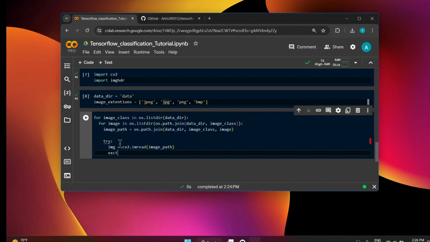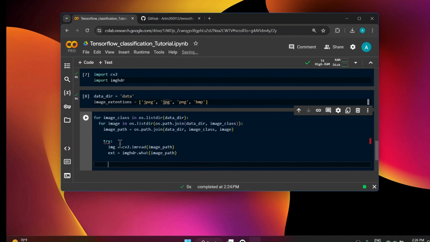And then let's say tip equals imghdr.what, and let's pass the image path. And then let's say if tip not in image_exts,